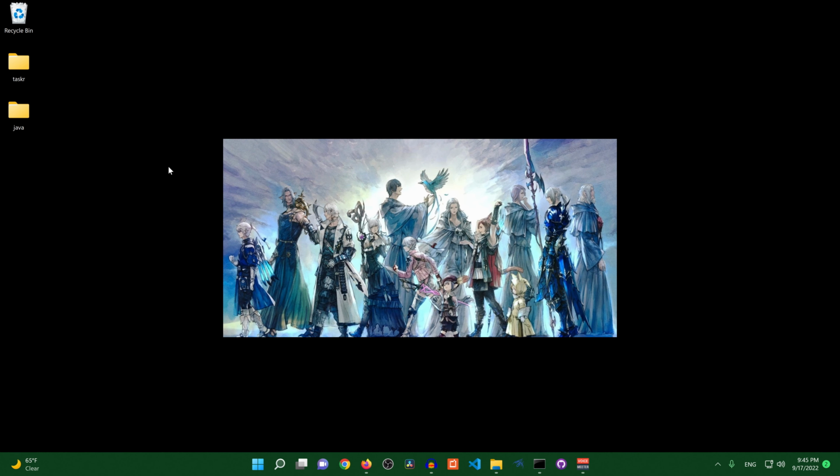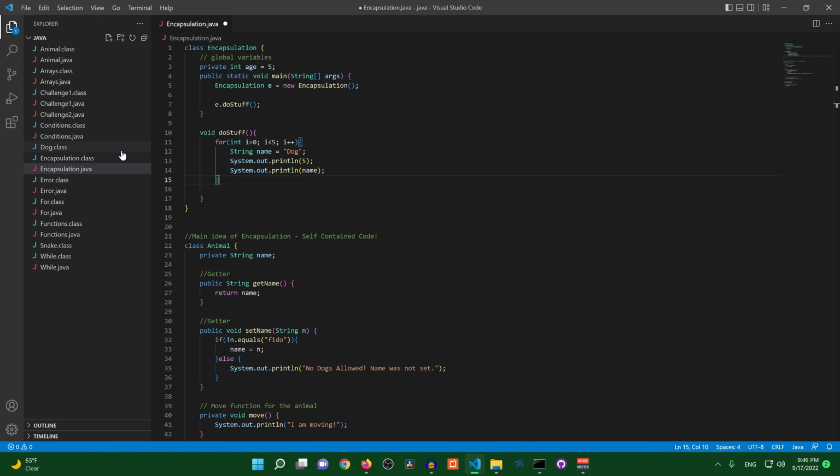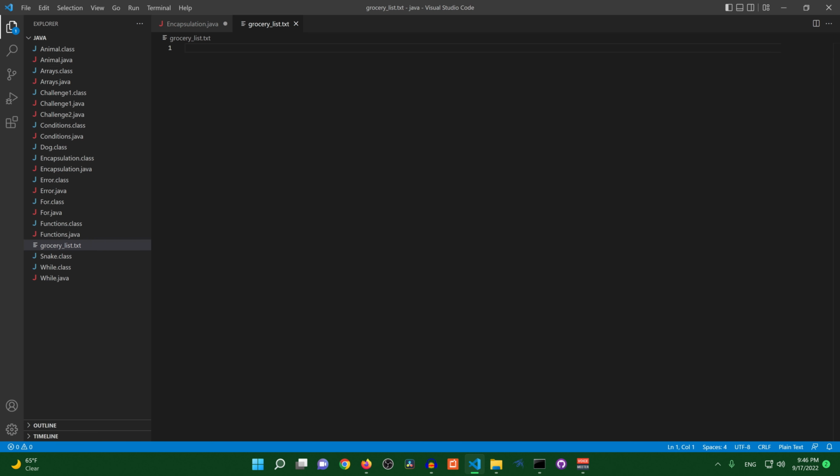Okay, let's jump right into learning about how to read from a file. I'm going to go ahead and open up my Java folder with Visual Studio Code. Before I write any code, the first thing I want to do is open a new file. We're going to call this grocery_list.txt. Inside of our grocery list, we're going to add things that we would commonly buy from a store. So we'll say apple, bread, milk, eggs, water, and then maybe we'll add something like we would normally do, like